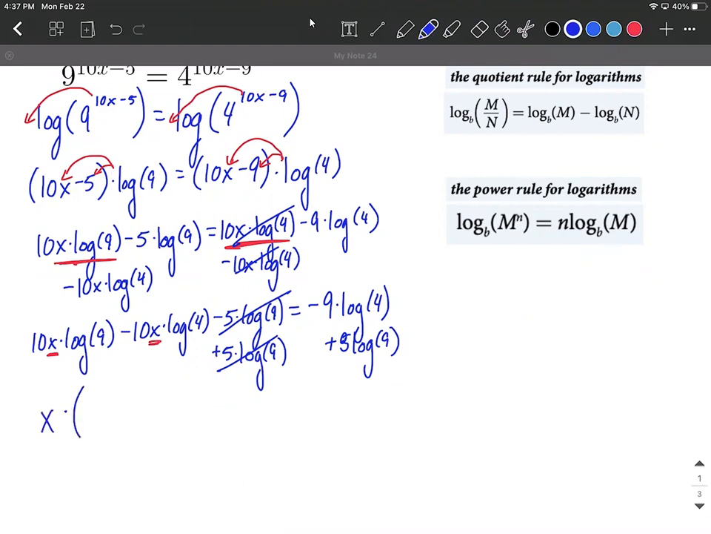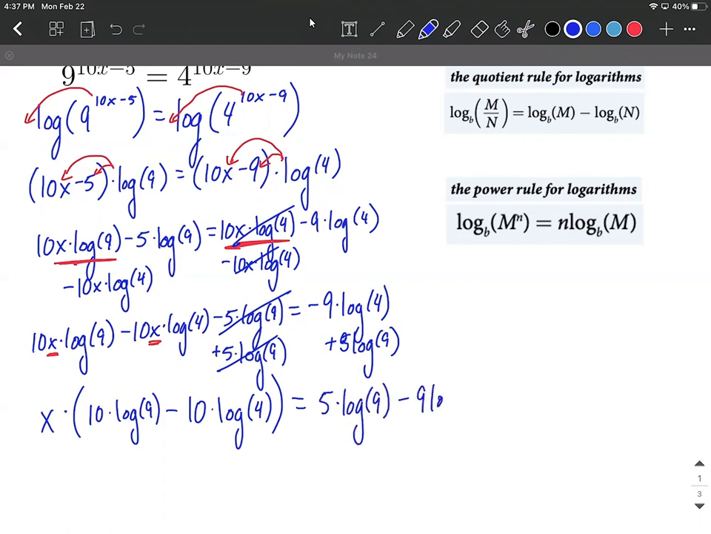So if we pull that out, we have x multiplied by 10 times log of 9 minus 10 times log of 4 on the left-hand side. And we're going to have positive 5 times log of 9 minus 9 times log of 4 on the right-hand side. Now, why we wanted to factor out the x and maybe not a 10x, even though that was a greater common factor,